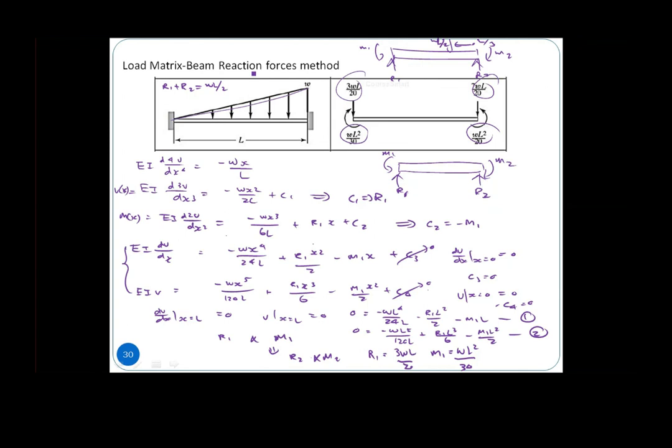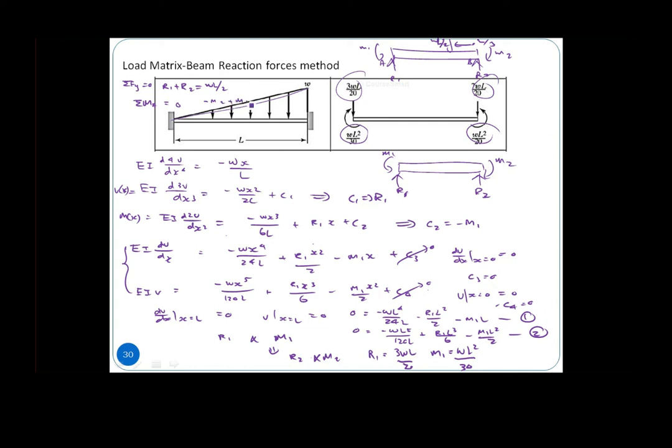Summation of the moment at, what we call, A itself. If we call this A and this B, then the summation of moments at A equals 0. This is the summation of Fy equal to 0 itself. Then we can also find R2. We have this M2 coming down, negative M2